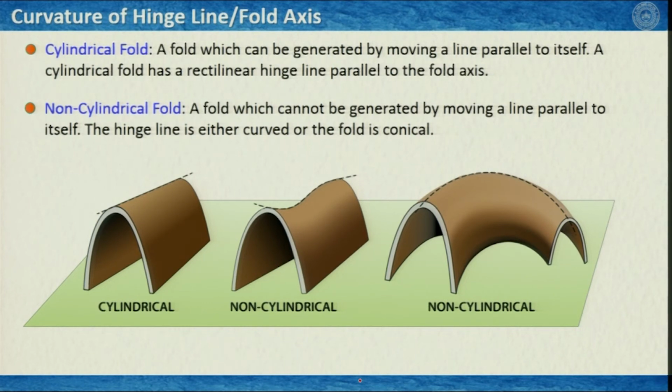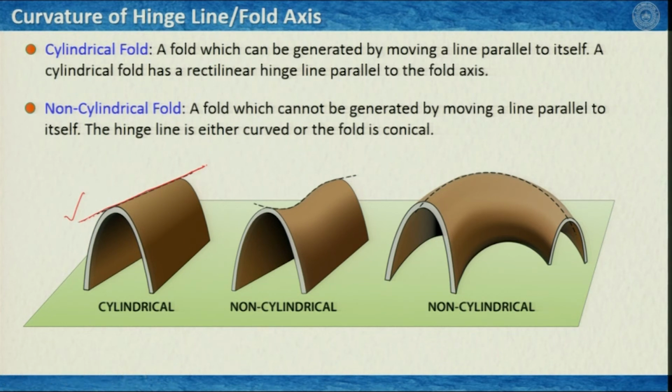Here is one example of cylindrical fold. We are a little bit bored now, but seeing the similar illustration. So, here we are particularly focused on the orientation of the fold axis. This dotted black line is the fold axis here, and you see the orientation of this black line does not change. So, it is straight, therefore, it is a cylindrical fold.